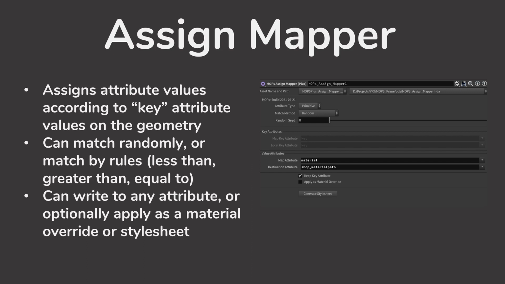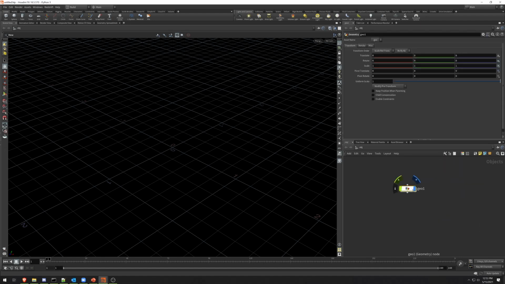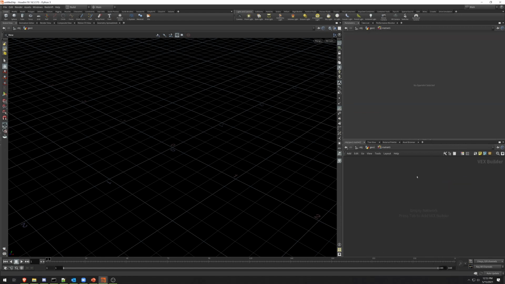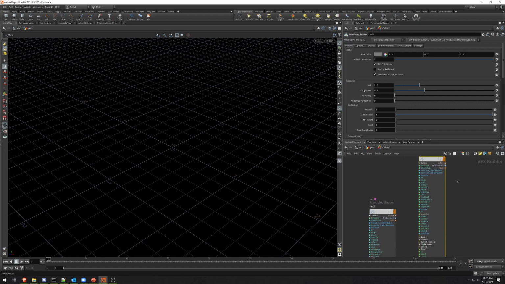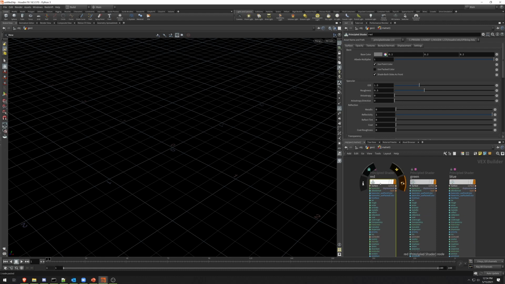First, let's start by building a simple example. Let's start by creating the materials we need. I'm going to start by making a geometry container, diving inside, and then let's make a material network. Inside, I'm going to create 3 principled shaders. We're going to call this one red. This one's green. This one's blue. Now let's just set some basic color values for these. So red is going to be almost pure red, same for green, almost pure green,